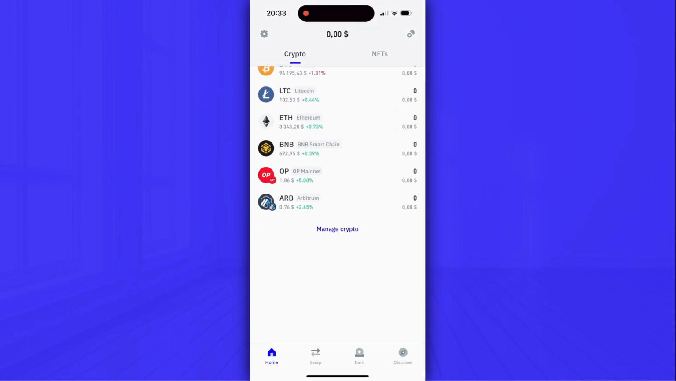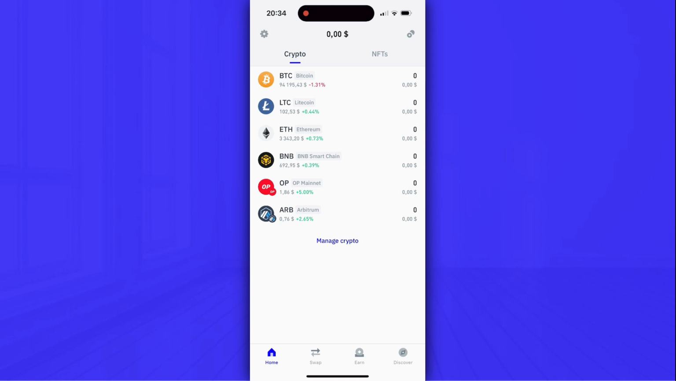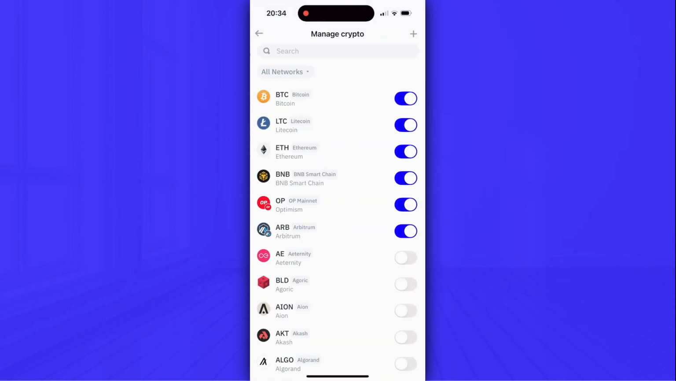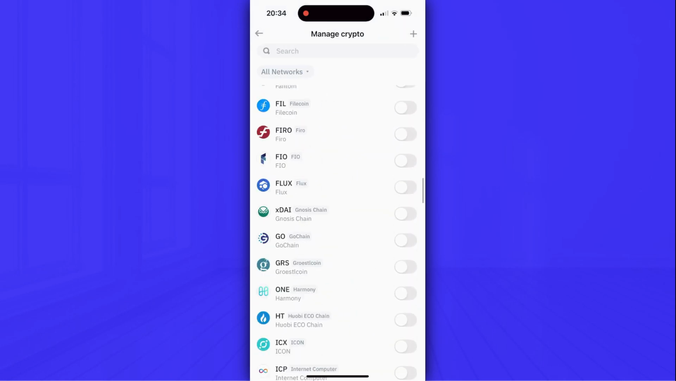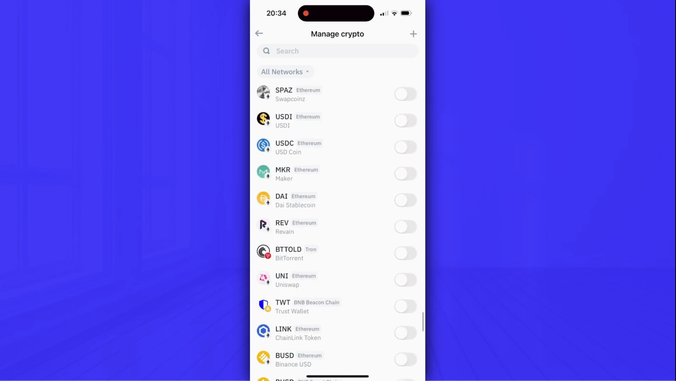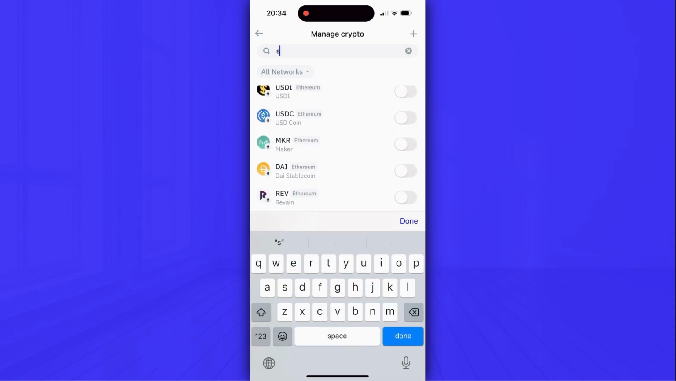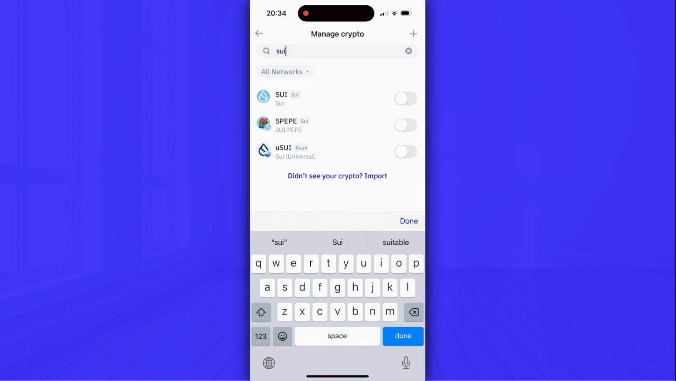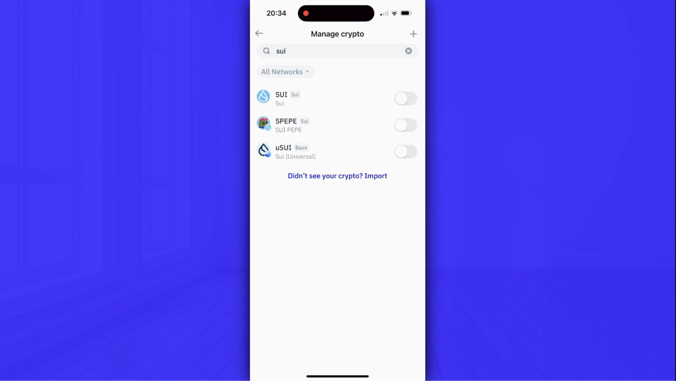Firstly, scroll the main page of Trust Wallet a little bit. Next, click on the Manage Crypto button, and as you can see, there are a lot of crypto tokens here. However, to add SUI, you need to type SUI in the search bar, but be careful at this point because